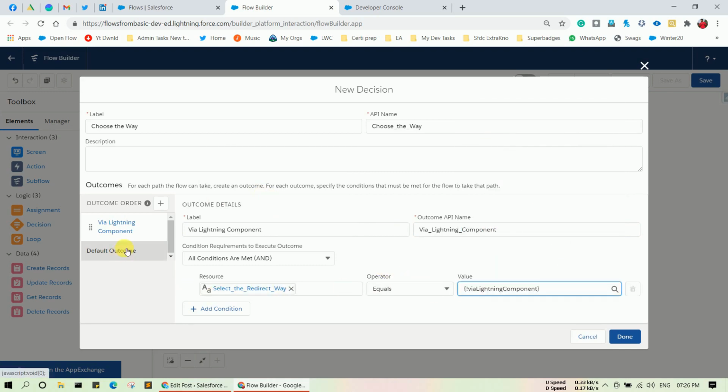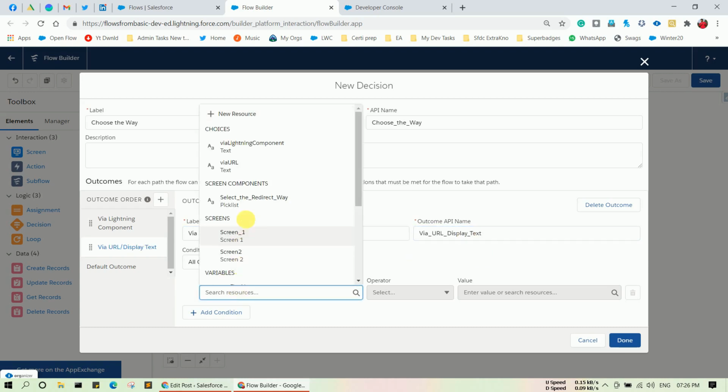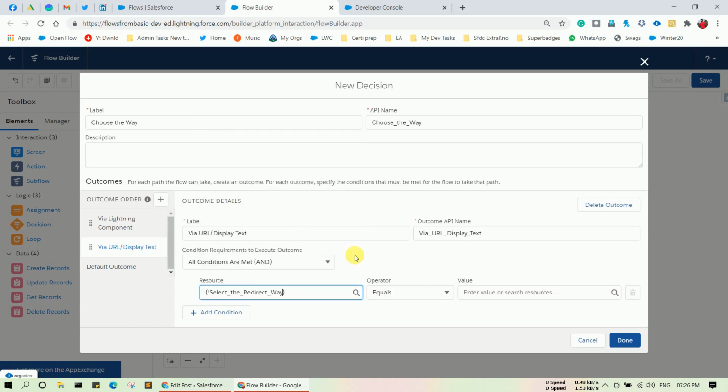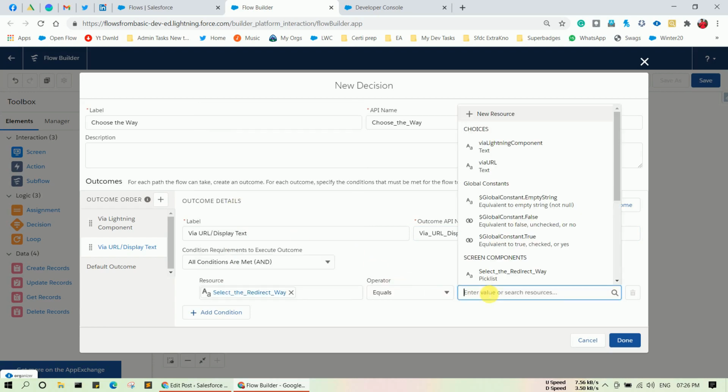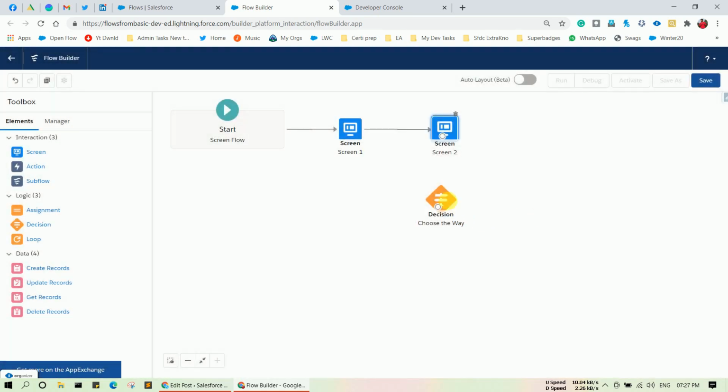Then you have to create another outcome, via URL slash display text. Select the other picklist value, so it equals via URL, and simply click done. Now you have two ways to select.